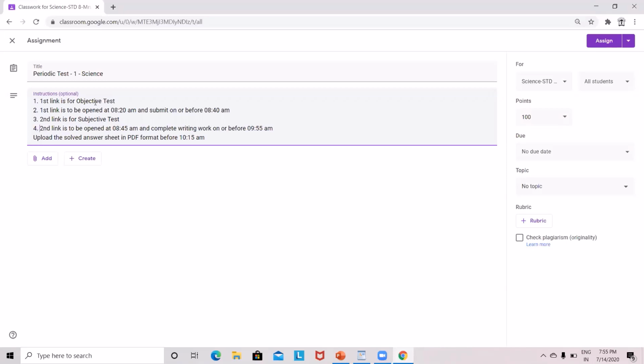Fourth instruction is second link is to be opened at 8:45 a.m. and complete writing work on or before 9:55 a.m. And fifth instruction is upload the solved answer sheet in PDF format before 10:15 a.m. These instructions are for the students.